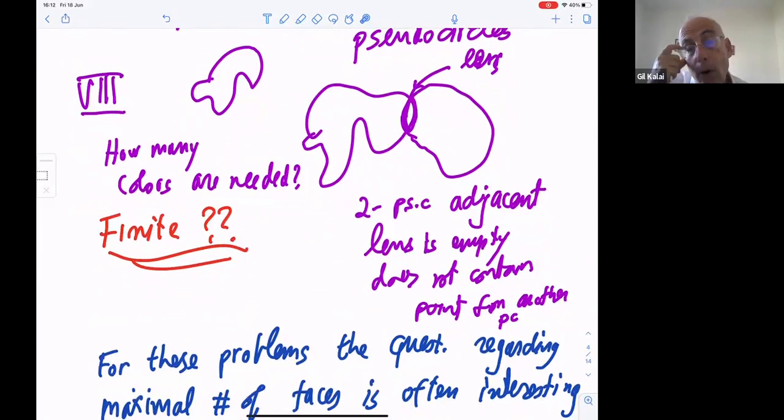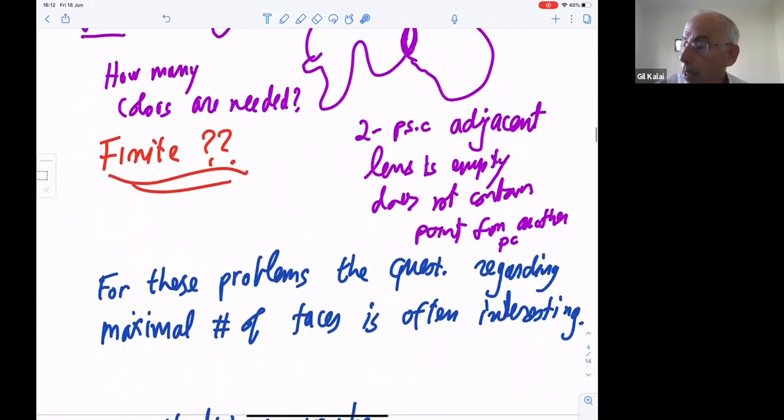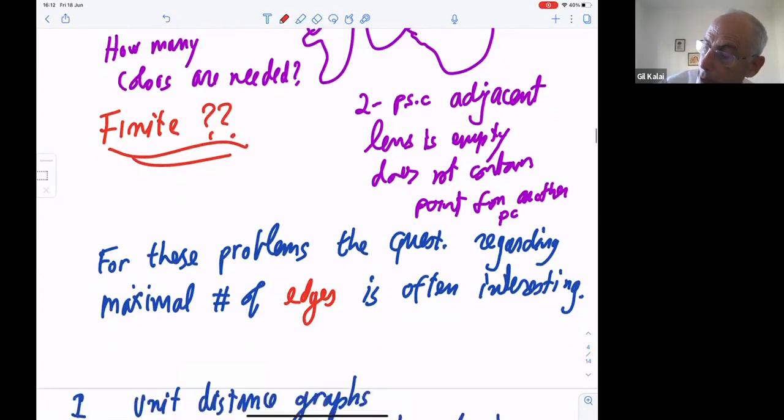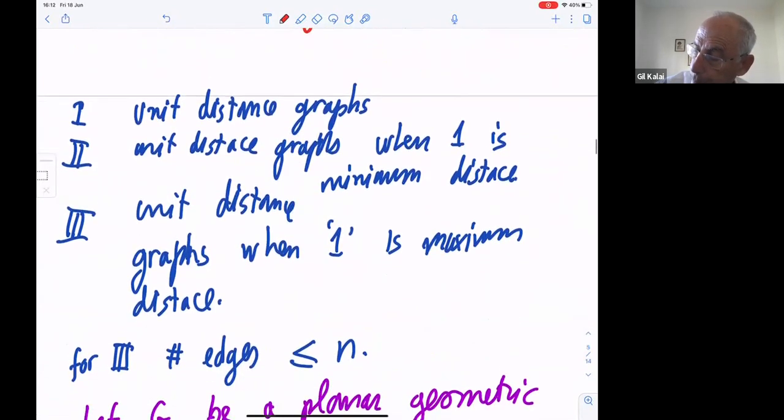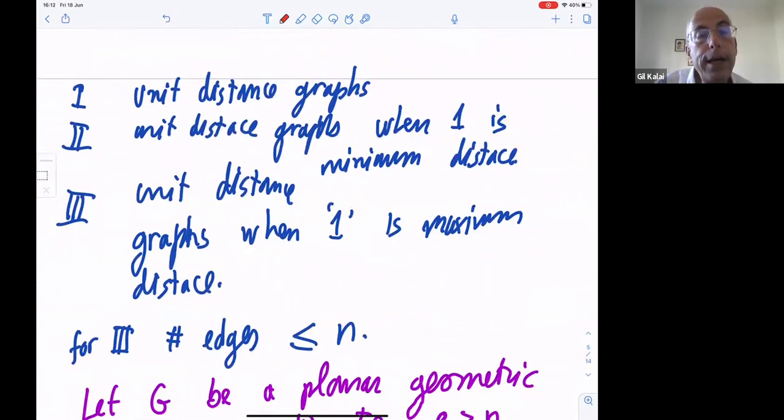And for all of these problems, there are interesting questions regarding the maximum number of edges. Sometimes the result about the maximum number of edges gives some indication about the chromatic number, and this is quite interesting as well. And there is one case, so